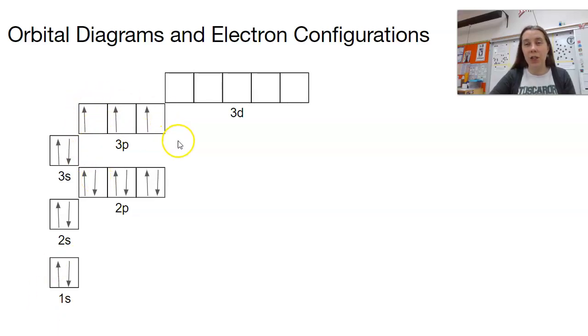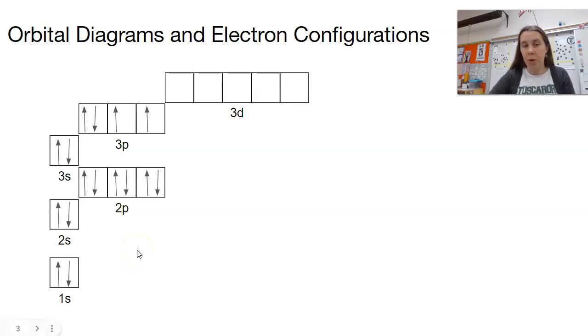And when we put 1 in each, they should all have the same spin, or all be facing the same direction. Could be up or could be down, but they have to be the same, right? So then our last one goes in doubled up in one of those orbitals. Okay, so this is our ground state orbital diagram for sulfur, which means it's the lowest energy conformation